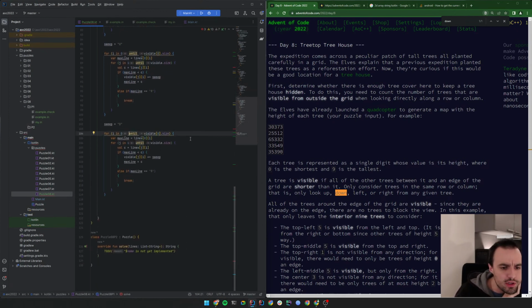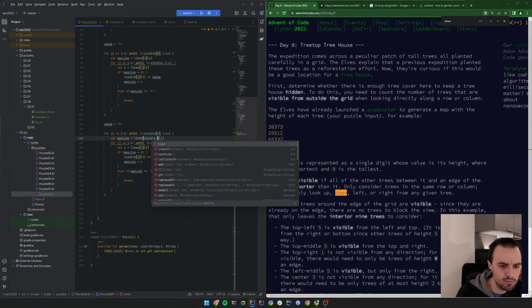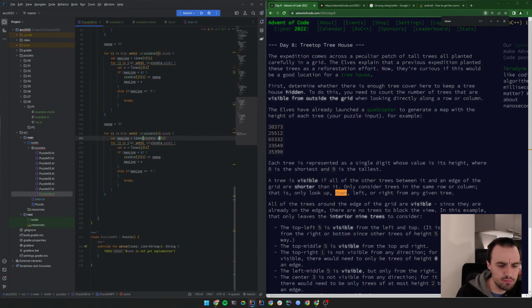So then we want this to be changed. We now want to have the lines start with the lowest line. So we want to start here with visible dot size -1, and we want to loop from